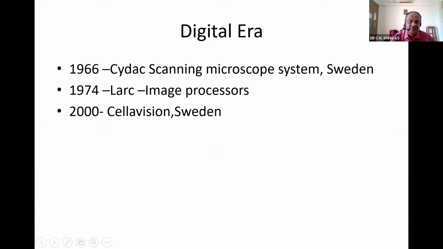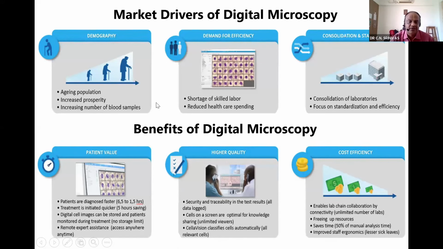So when we look into the advantages of digital imaging, we have an increasing number of blood samples coming because of master health checkups or epidemics, where we are reviewing a larger number of slides. And it requires, most importantly, concentration by the reviewer itself. So when you have epidemics or a shortage of skills, there is reduced healthcare spending, which becomes a constraint for the management, and the efficiency comes down. Now, when you want to go in for standardization so that the process remains the same, whoever may be at the forefront, the digital imaging and the stainer also help us a lot.